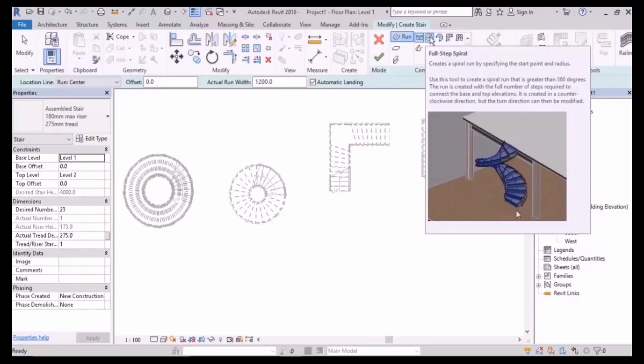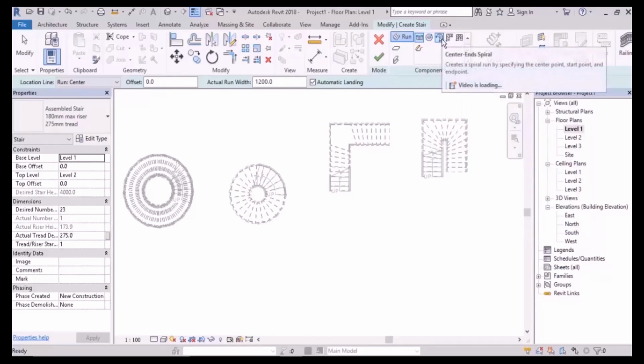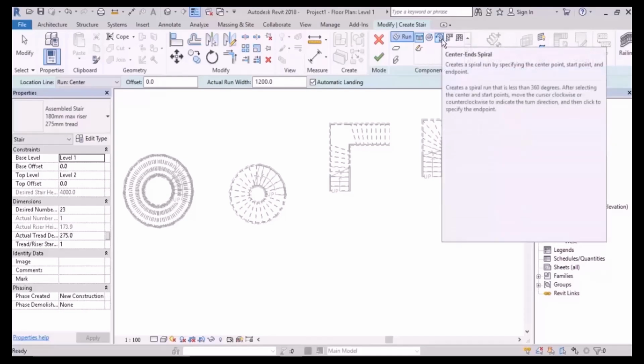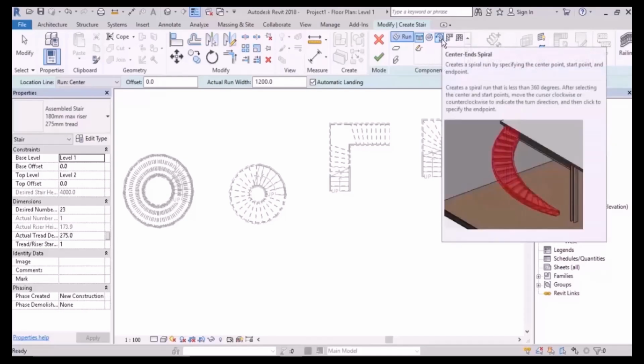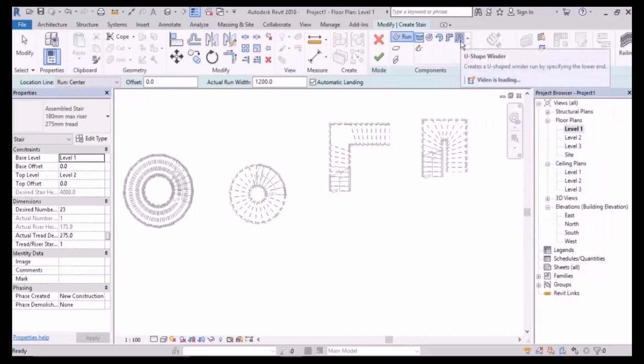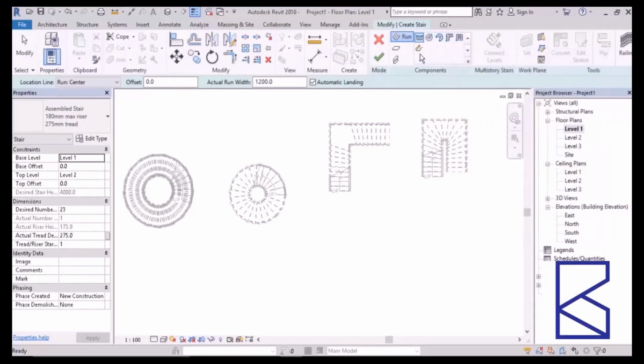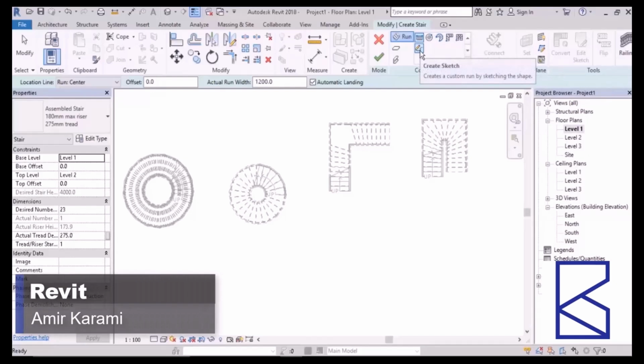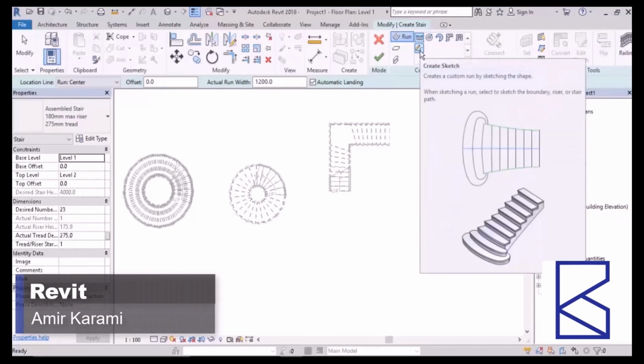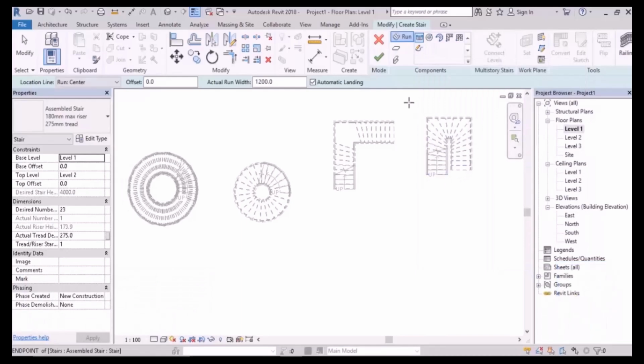And this one is for the times that we have under 360 degrees. And I explained that it has a completely specified design. And these two are not that useful. And this pencil was used when we wanted to design the whole structure of the staircase from the base on